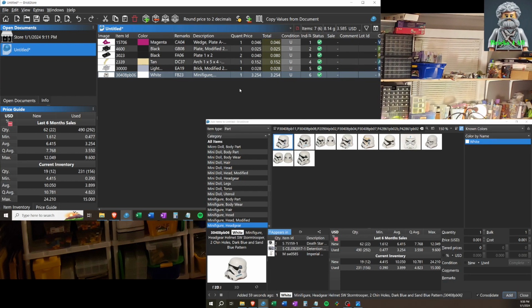Generally, I don't add any inventory unless I've already done a large bulk sort, and I'm doing, honestly, 10 of these, 15 of these, 12 of these, 8 of these. I don't want to do one brick at a time because it just slows everything down. I will go and do a manual sort into bins, and I'll make a video later on how I do that. But I want to get my common piece type count up as high as possible before I enter them in. It just makes the amortized cost over time much more efficient that way. If I'm entering in 20 of these and 10 of these,